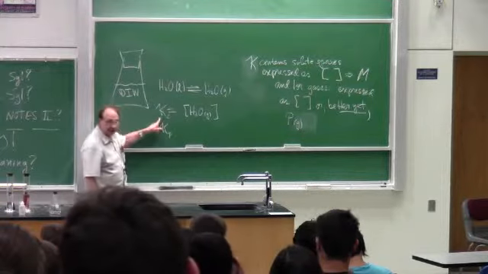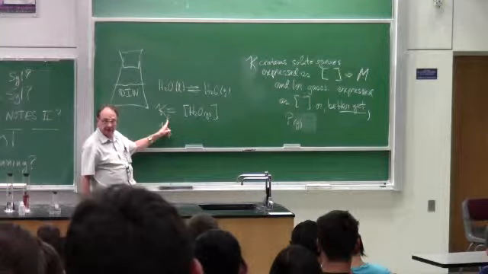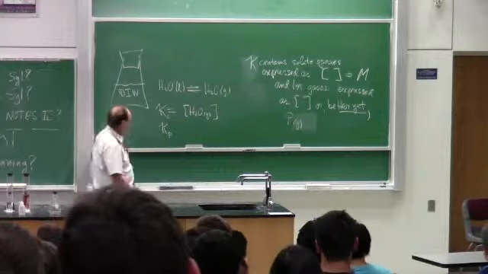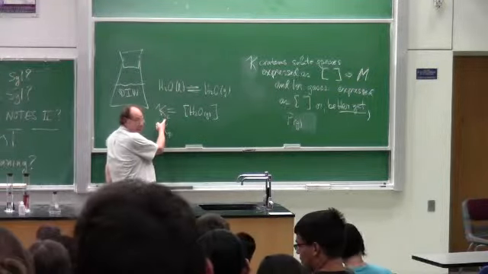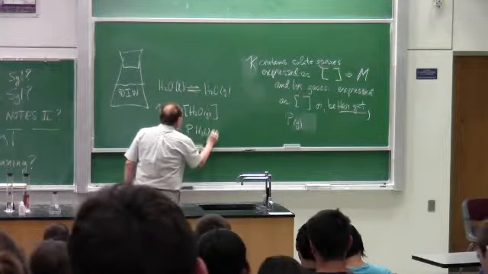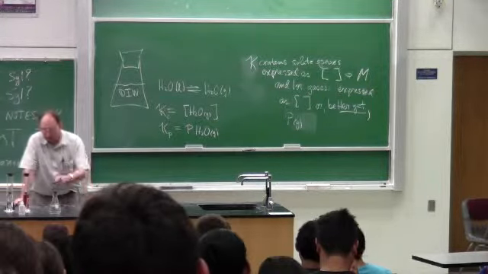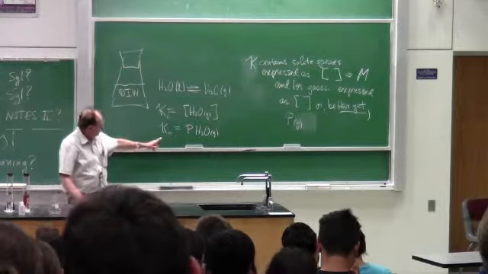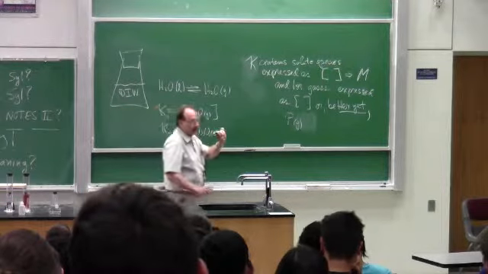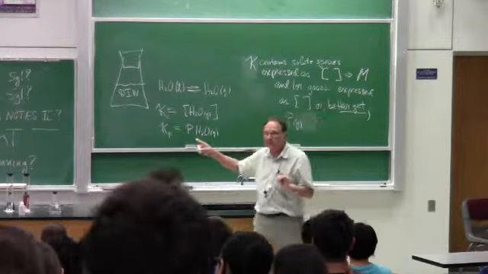Or, better yet, we'll write K sub C, because this is an equilibrium constant expression expressed as a concentration, molar concentration. Maybe we could use the symbol K sub M for molar concentration. But chemists do it this way, so I'll use this. The preferred way to express this equilibrium constant for this equilibrium system is this, in terms of the partial pressure of water vapor. Okay? One more aspect of writing an equilibrium constant, and you'll see this as we write equilibrium constants for the reaction system we're going to look at today,